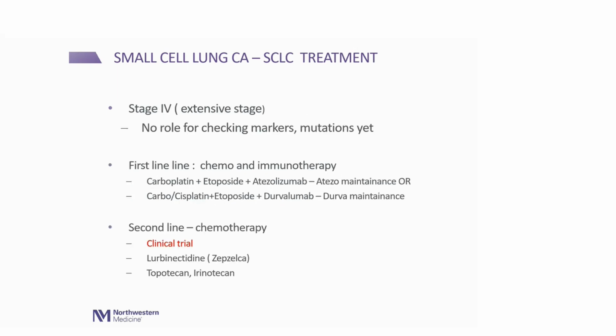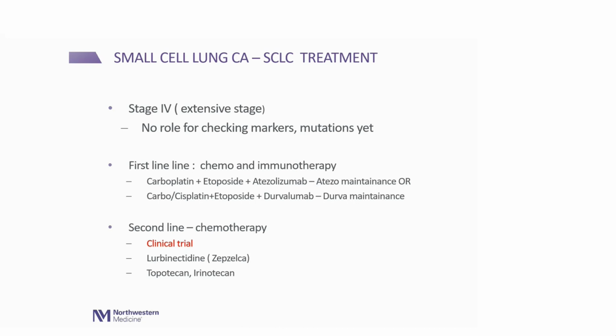Again, stage 4, which is not curable, it's called extensive stage, this terminology just for small cell. Here, we don't really check those mutations and markers. This PD-L1, the immunotherapy marker, and mutations are not used for small cell. That's all for non-small cell. Small cell, the mainstay still is the standard traditional chemo. We are using immunotherapy, but we don't check markers for that. We just use it. If it's stage 4, then immunotherapy is used. For other stages, for small cell, we are not using immunotherapy at this point. That could change a few years down the road. If I'm doing the talk again, then it might be different data.